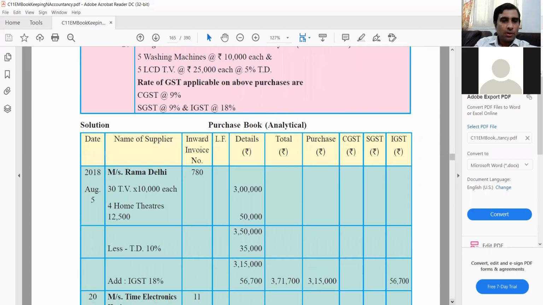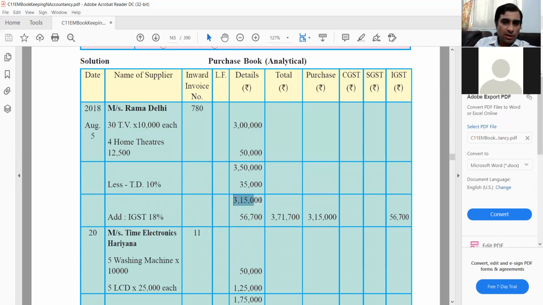of it. Okay, so this is three, and the GST is always calculated on the amount after trade discount. GST is always calculated on the amount after trade discount. Okay, so GST is not to be calculated on 3,50,000. GST is to be calculated on 3,15,000. Okay, so 18% is 56,700. Okay, so here they're putting the total 3,71,700. How is this broken up? This is broken up as 3,15,000